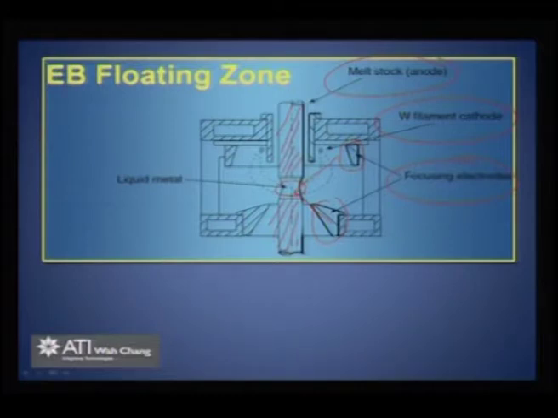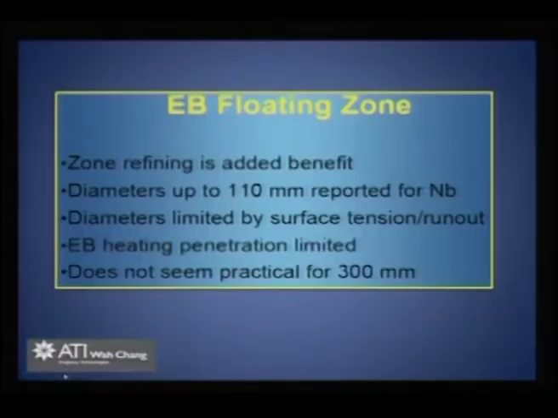So that we call a floating zone. It will not melt the growing seed, neither will it melt the feed fully, it will only concentrate on a very small region. Therefore, there are different ways that you can realize such a preferential melting. So in EB floating zone you can get